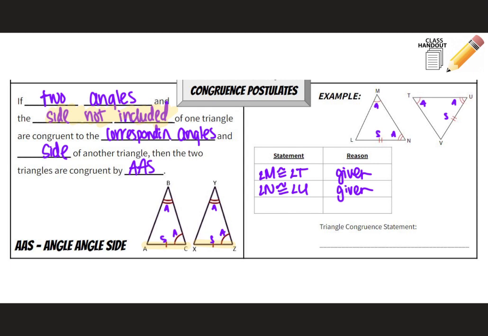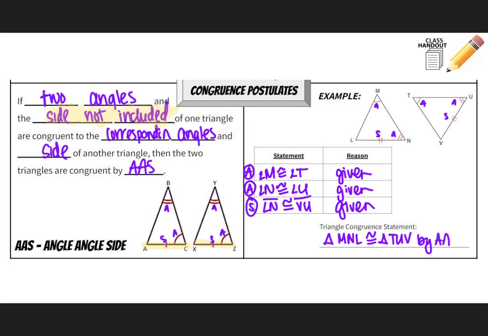And then lastly, we have side LN is congruent to VU. And that was also given. So from here, we can see that that's angle, angle, side. So these are congruent. So we're going to write a congruent statement. So I'm going to say triangle MNL is congruent to triangle TUV